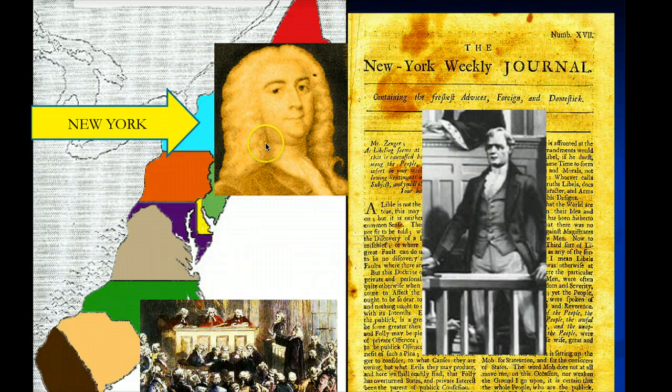The New York governor was stealing money, and he had every right to print that in the newspaper, because the public should be informed of what their government officials are doing so that they can stop them if they're doing something illegal and something that hurts the community. So he was found innocent, because what he had printed was the truth, and that still holds true today. That is a big part of our tradition. The people are entitled to know if their government is doing something that it should not be doing, because we have the right to stop them and replace them with people that are honest.